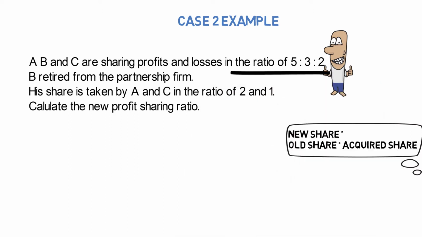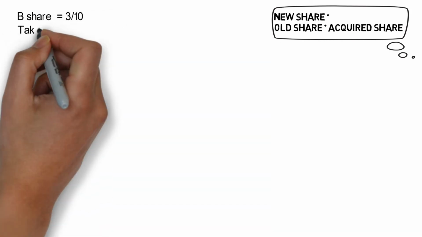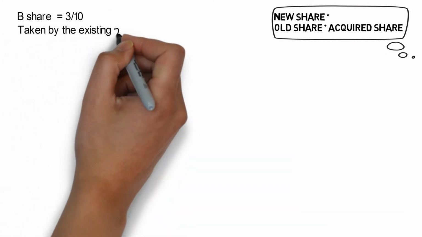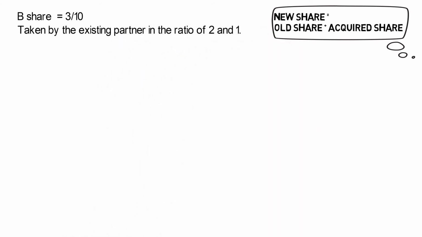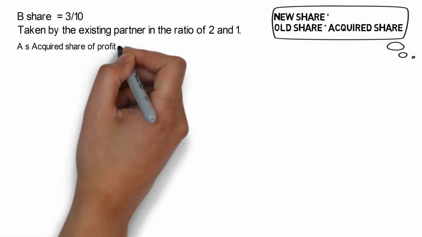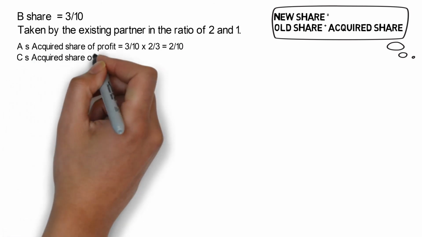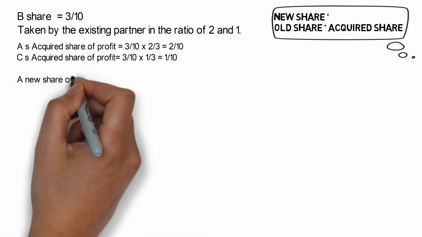We have the old share of the partners in the question, but we need to calculate the acquired share. So, what is the total share of B? It is 3 by 10. It is given that his share is taken by the existing partners in the ratio of 2 and 1. This means we need to distribute 3 by 10 in the ratio of 2 and 1 and add this share of profit to the old share of the continuing partners. So, A's acquired share of profit will be, C's acquired share of profit will be,